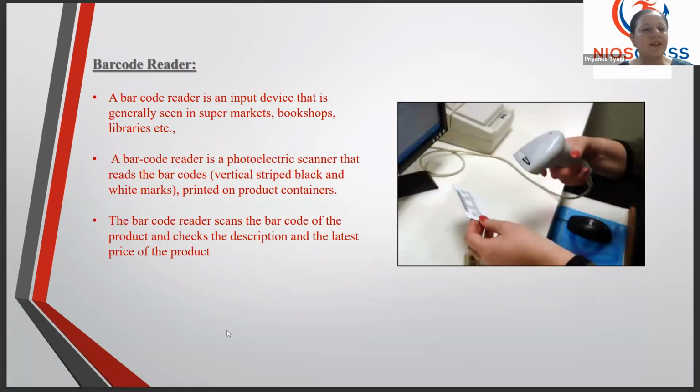Now the next scanning device is the barcode reader. I think this is a very normal device we normally use. A barcode reader is an input device generally seen in supermarkets, bookshops, and libraries for billing. When we shop for something in a departmental store and get a digital bill, the products and different product codes are read. So a barcode reader is a photoelectric